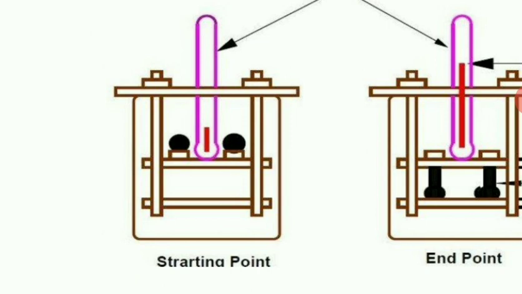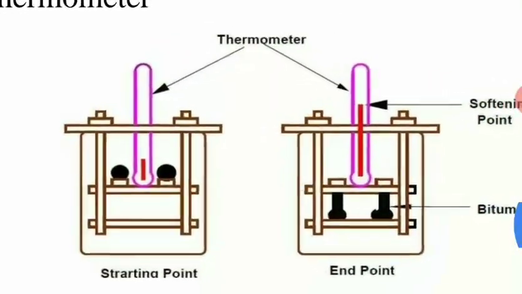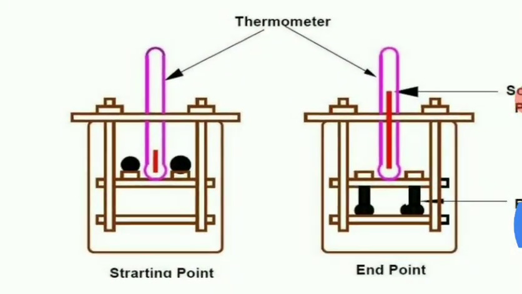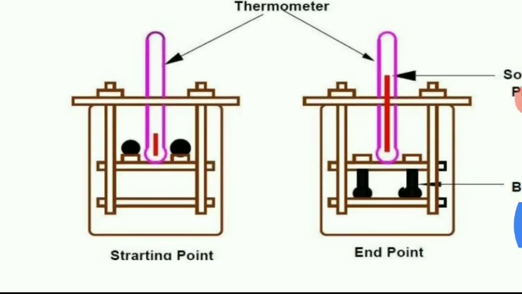At least two observations are made. So here we have thermometers, as you can see in the pink color, and below this flask we need to apply heat. The heating is such that for every minute we need to increase the temperature by 5 degrees Celsius. So for the first minute it is 5 degrees Celsius, for the next it will be 10 degrees Celsius. Like that we provide heat to this flask, which contains distilled water as well as the ring and ball apparatus.